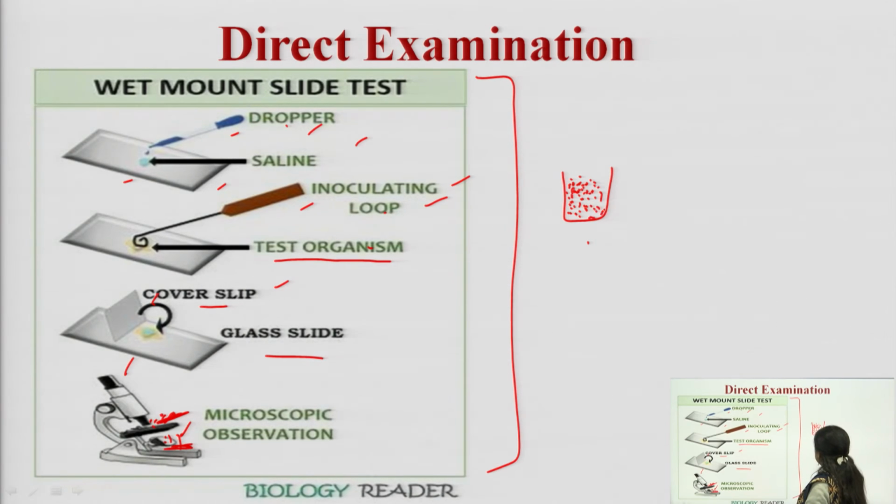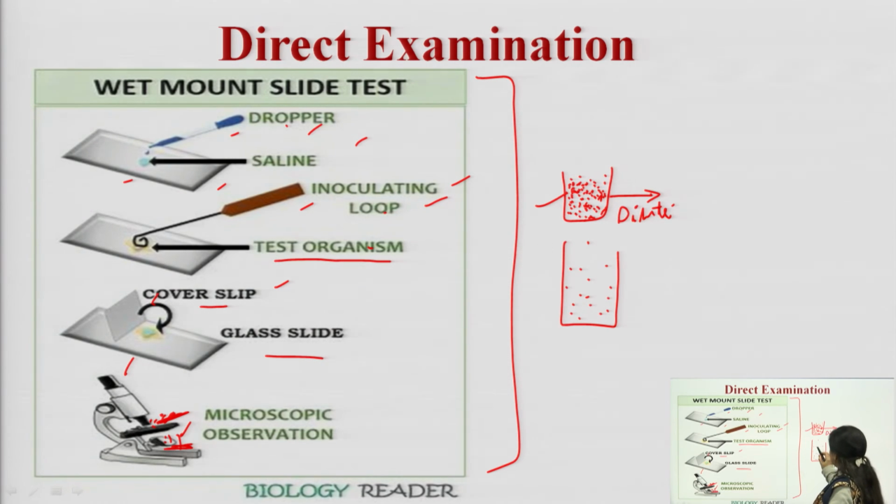If the samples are highly concentrated and have a lot of microorganisms in the culture, then we can't directly put them onto the slide. We have to first dilute these cultures, so that individual microorganisms can be seen. From the diluted samples, in which the microorganisms are really far apart from each other, we will take one drop of sample.